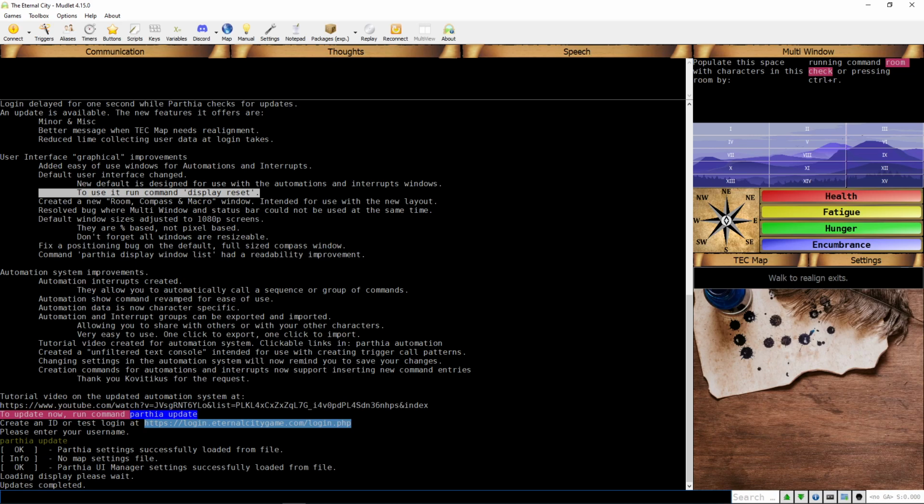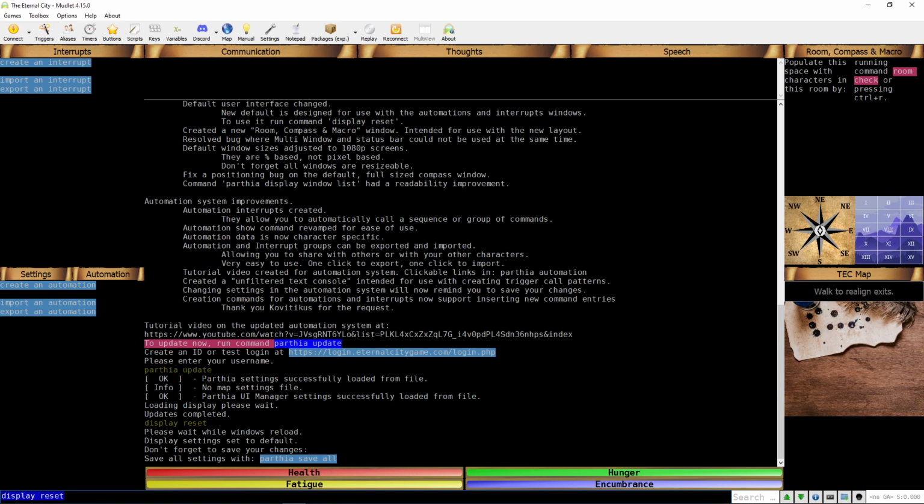One thing I would point out is if it was a brand new user, the first time they've ever logged in, they'll actually get that new default, because these settings, the window positions, the windows that are enabled, the fact that that left bar wasn't enabled, there's no bar at the bottom, these are all saved files with this particular client. So let's run display reset,